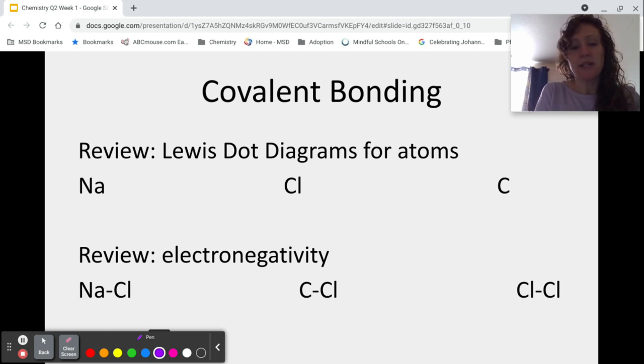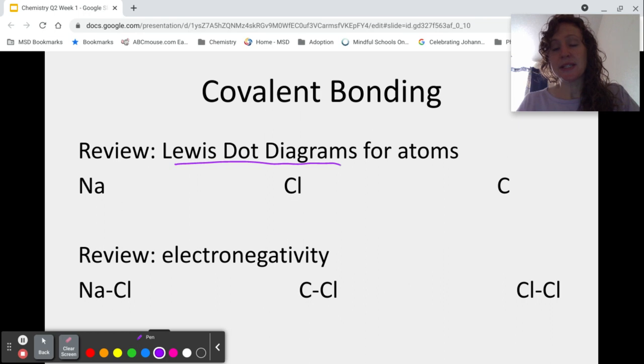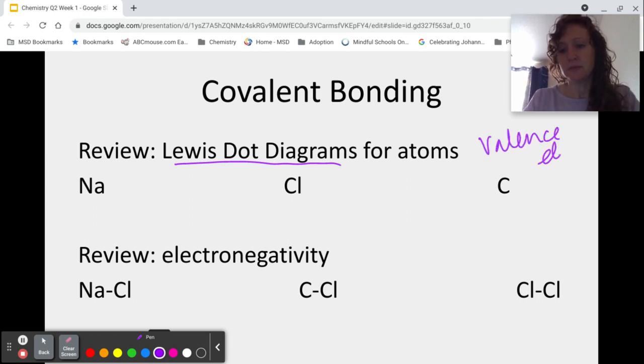So remember, with Lewis dot diagrams, this is a representation of the valence electrons, and the valence electrons only. Now, we did talk about another system that represents all electrons, which is the Bohr model. So in the Bohr model, we would look at carbon on a periodic table, and we would see that carbon has 6 protons, and therefore a neutral atom of carbon also has 6 electrons. So in the Bohr model, we would represent